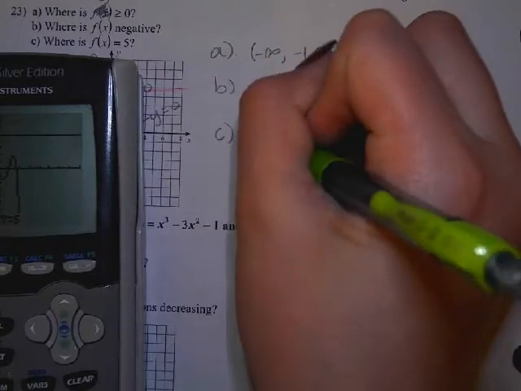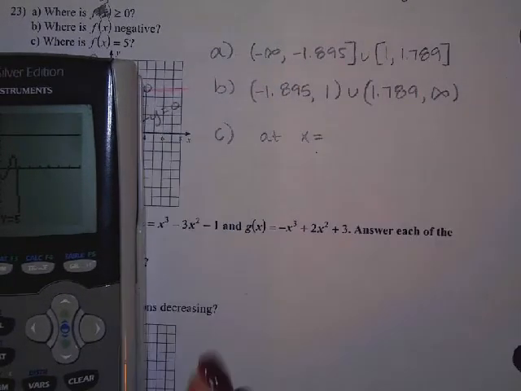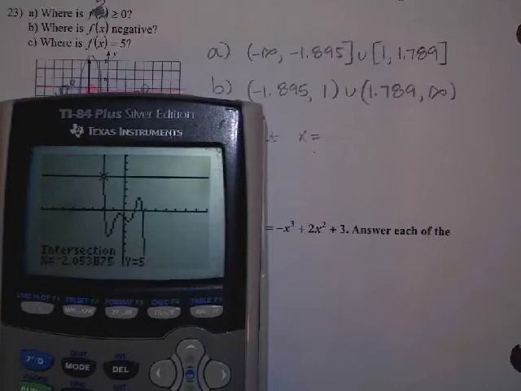I just say at x equals. So you already know the y coordinate. You don't have to write it again. The y coordinate's 5. That's what they told you. So we don't have to write this like a point. We can just say the x coordinate. So at an x coordinate of